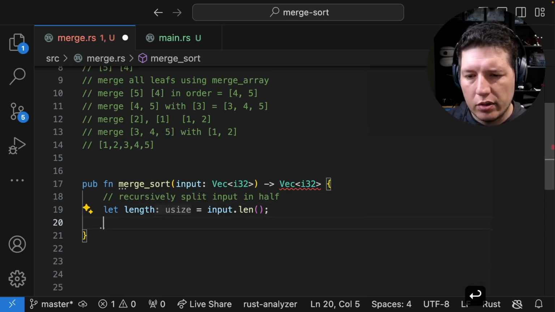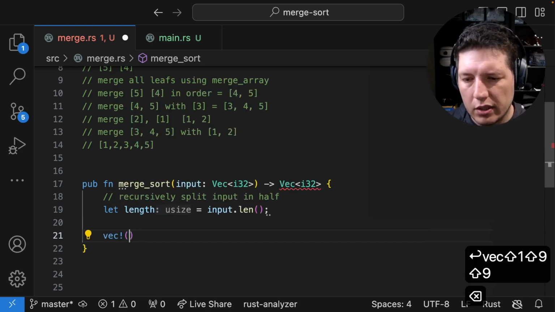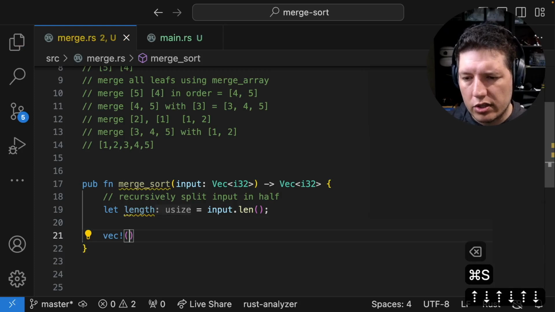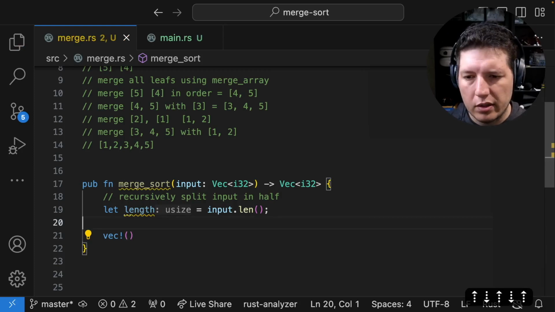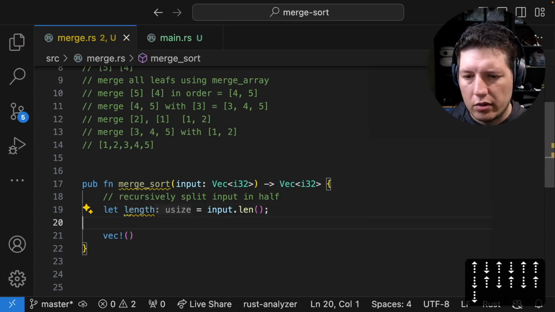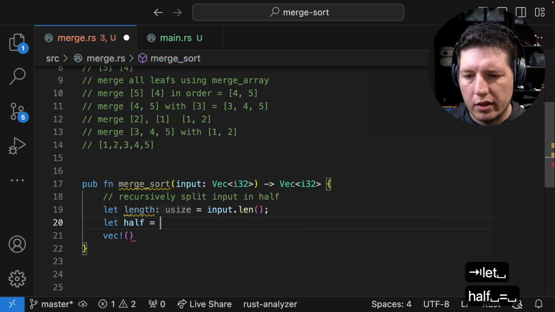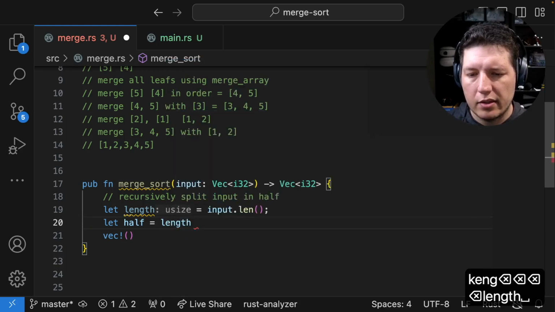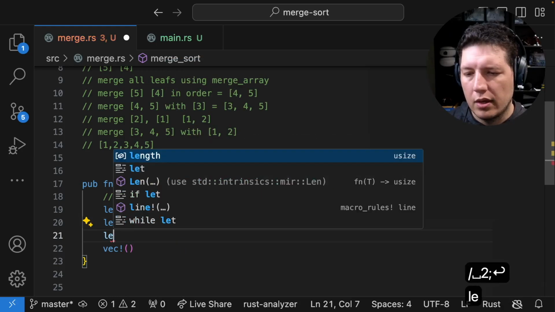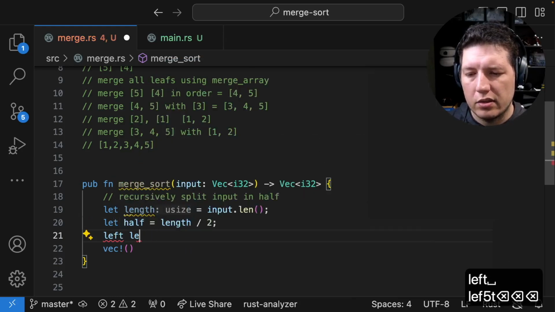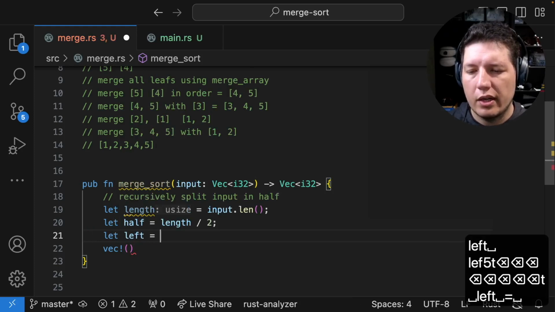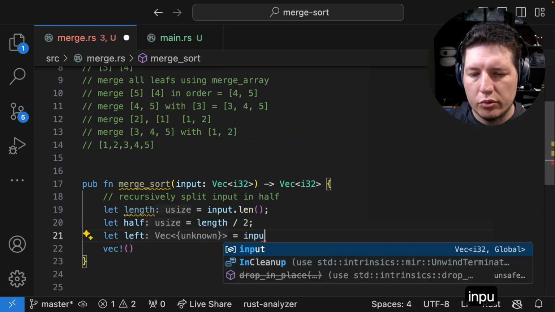And now I'm just going to return an empty vector so that the compiler shuts up about the errors. So let's actually split it. So half equals length divided by 2, and then the left array equals input